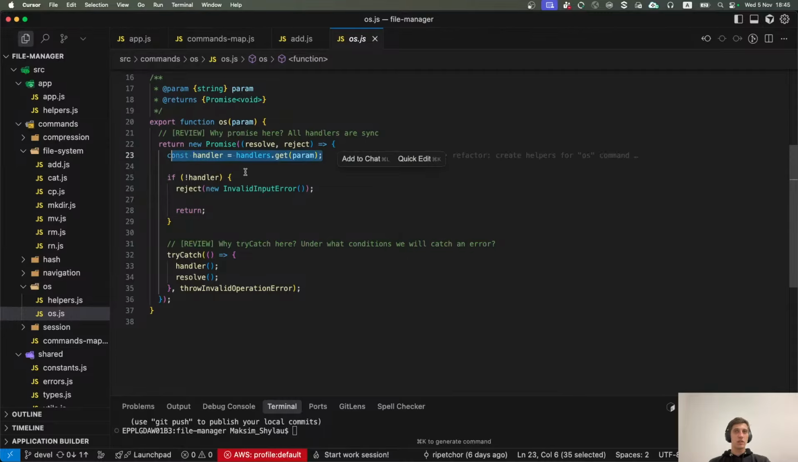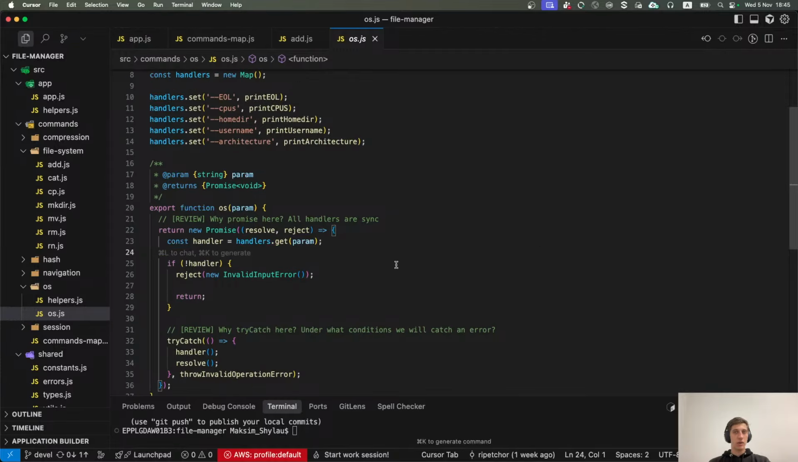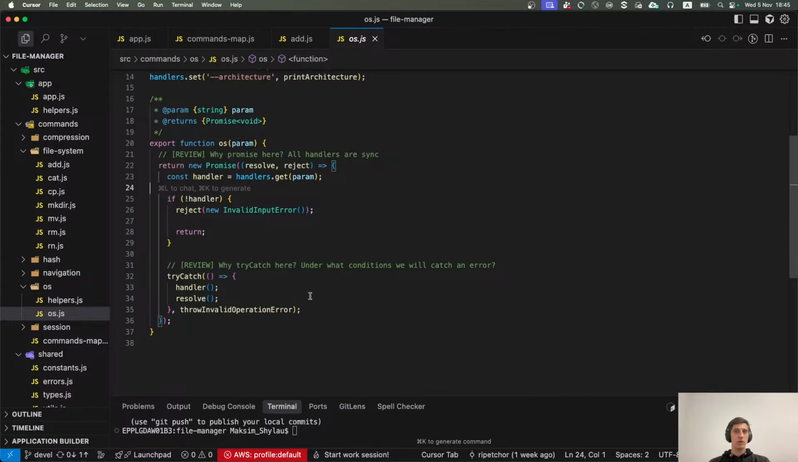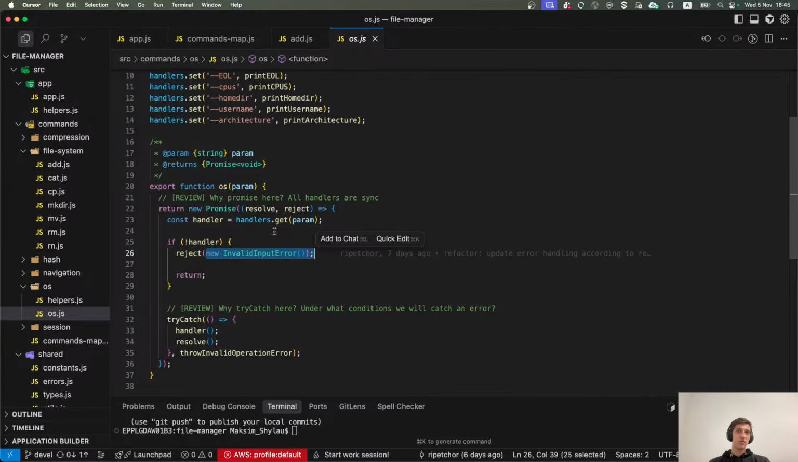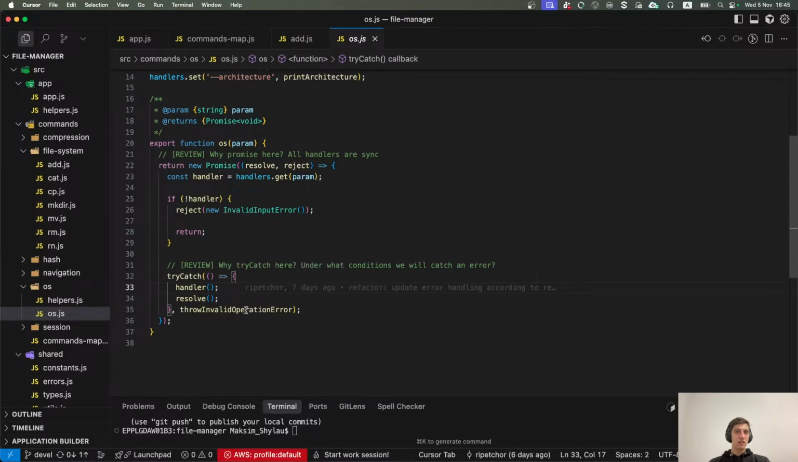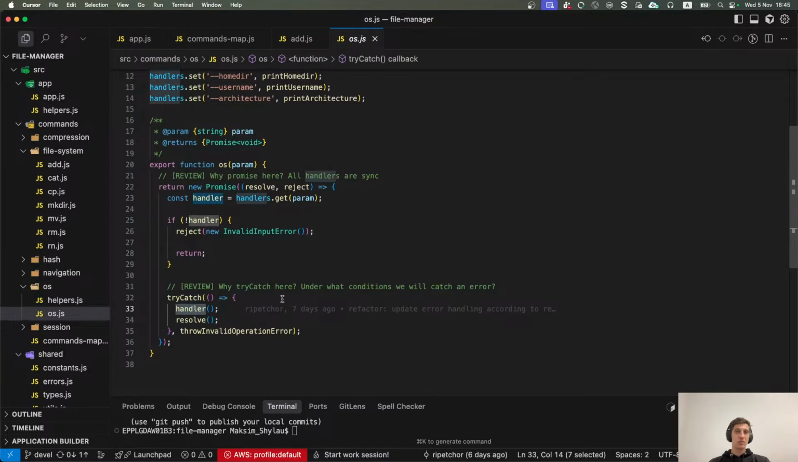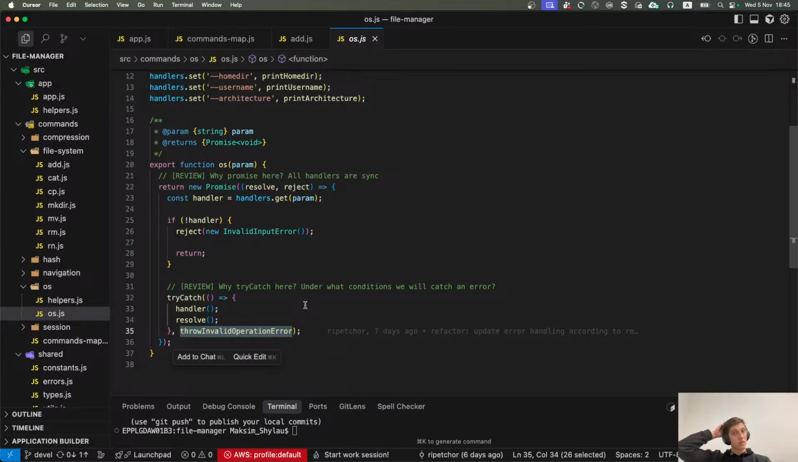So yeah, we try to get a handler for our OS operation parameter. If we don't find it, we reject promise with new invalid input error, and if we didn't use promise, we could just reuse this throw invalid input error handler. And after that we do try catch here. We try to call handler, then we resolve promise if no errors, and if there is some error, we throw invalid operation error. Sorry, too many error words